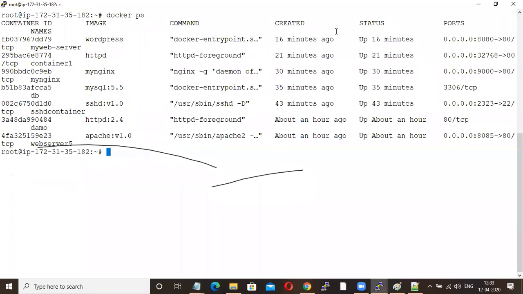So still I can launch 3 more containers as well. That's why people are moving to Docker. That's why people are moving to Kubernetes. Okay. Fine. Any other doubts?